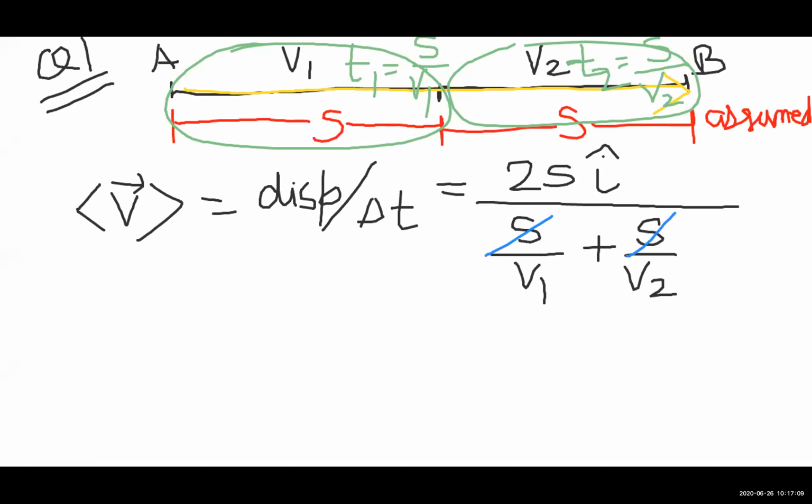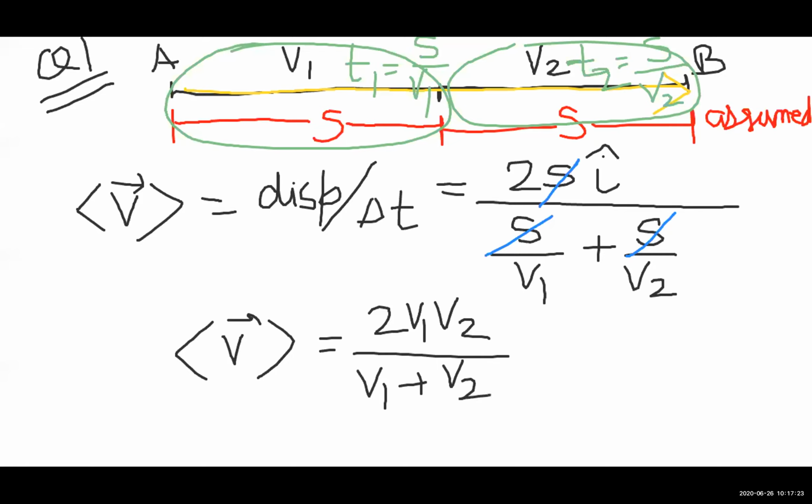And here s cancels out, and now only a little math is left. This will be equal to 2v1v2 on v1 plus v2. Please notice that it is completely and absolutely different from the numerical average expression that you would expect, v1 plus v2 by 2. I mean, this is like a normal thing to expect. You think, to find the average velocity, just add and divide. But that doesn't work here, because the definition of average velocity is completely different. Okay,